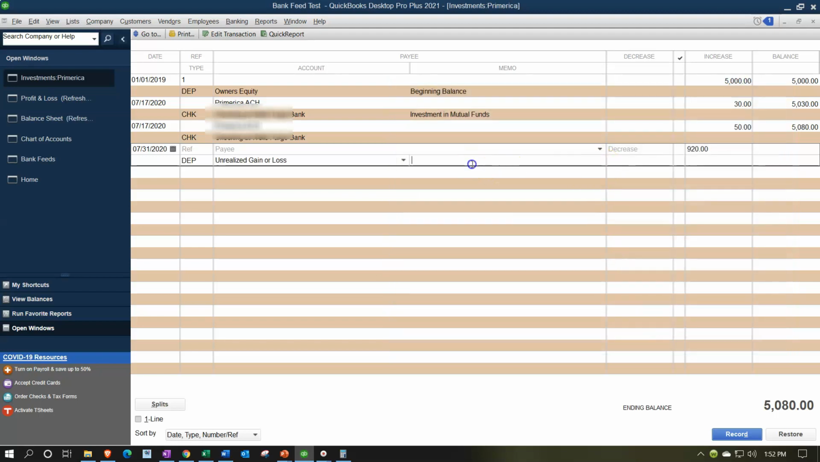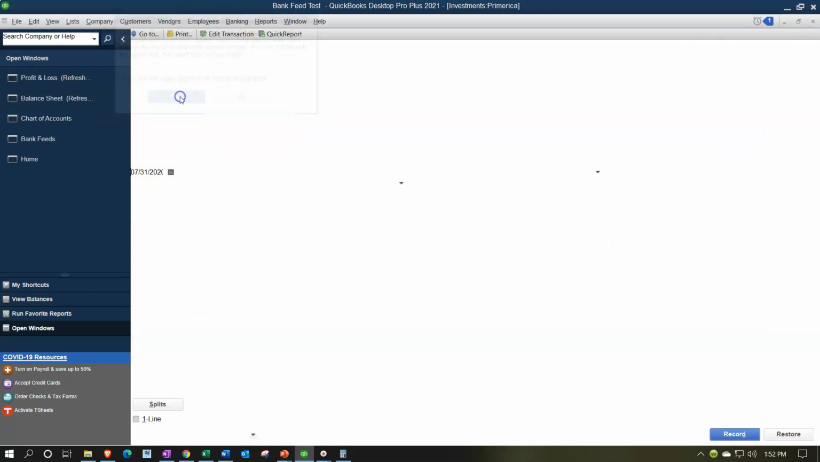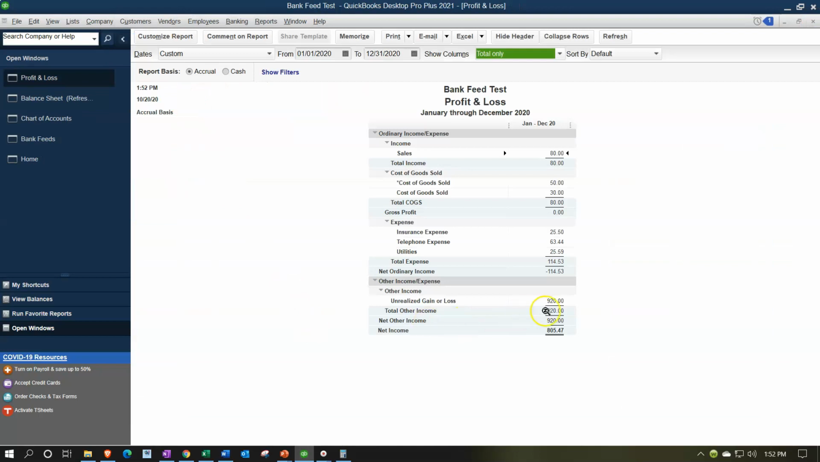And then I could put in the memo, this is my period end adjustment. I won't do it here, but I'll say record it. That brings the balance up to 6,000, which we're imagining now matches the balance on the statement. Closing this back out, on the income statement, now we have this gain that happened. The stocks went up by the 920. It's unrealized. We haven't sold them yet. They could go down tomorrow, but I'm going to record that down here on the income statement anyway